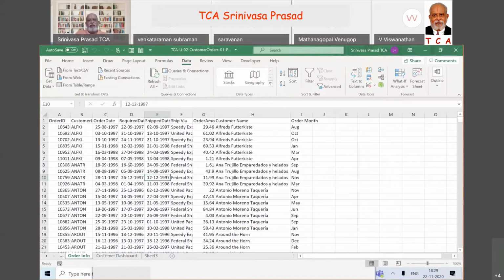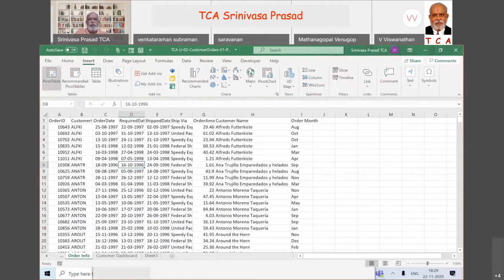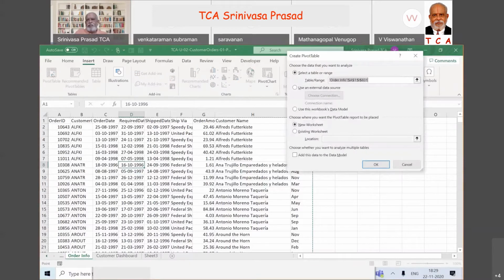You select the range first. Sir, we need not even select the range. You select any particular cell in that range, and we go to insert, and then we go to pivot. Immediately Excel selects the whole range, because it has understood the data is from $A$1 to $J$821.